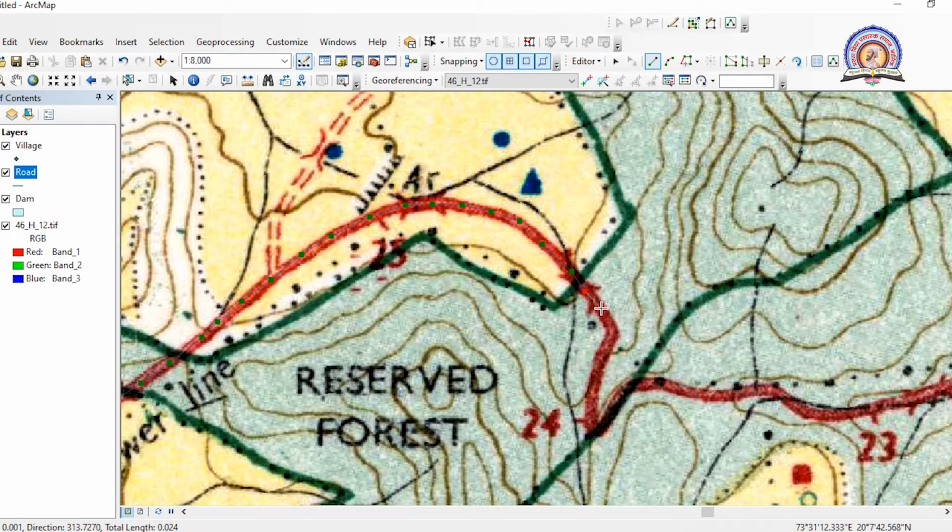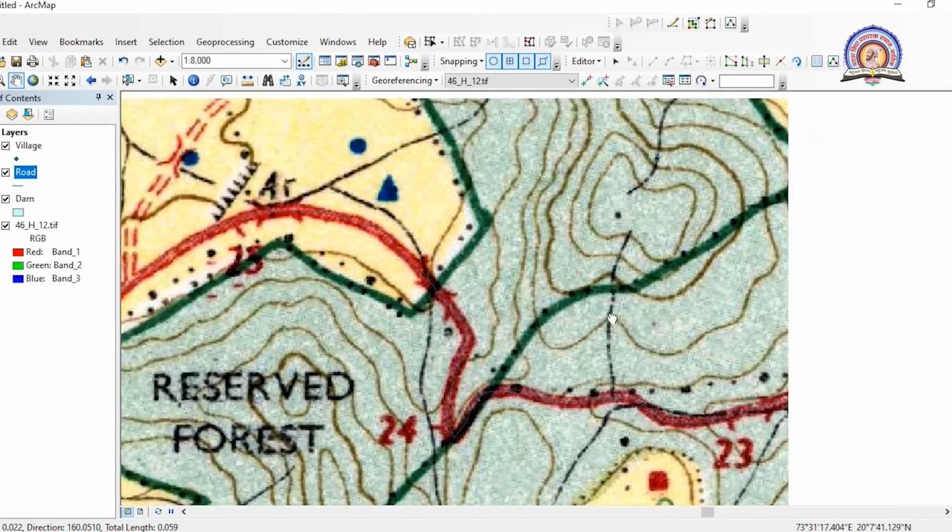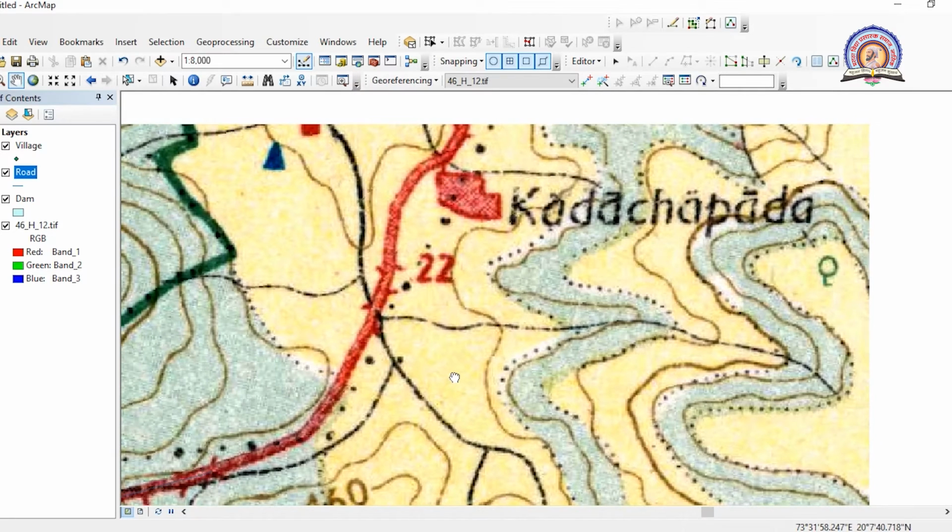We have to be very careful that the point should not go beyond the road feature, and for that sake we have to consider from the middle of this line. See, when the points are close to each other, it means that the accuracy of digitization is more, and if the point is very far away, many times it happens that accuracy decreases. So again we have come to the end of our screen. So simply we will be selecting a pan tool and dragging that feature.